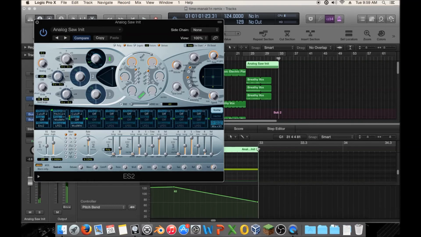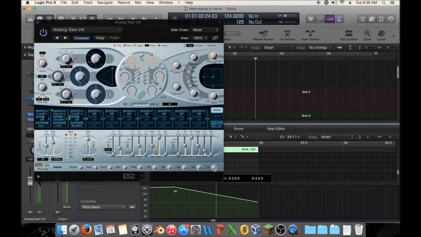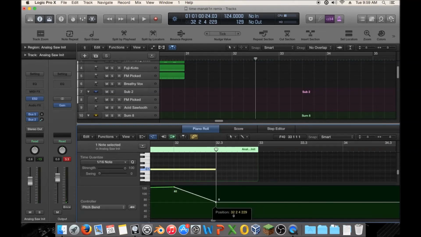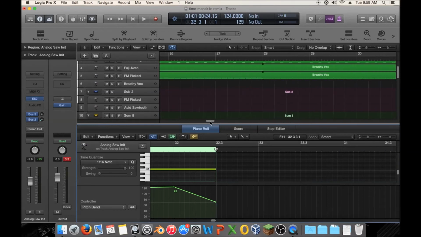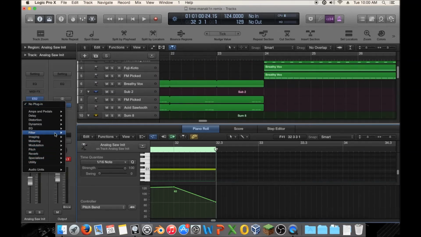Okay, so now I just realized that that is too long there because our drop starts right here. So we need to shorten this to there. Can't see that. There we go. Bring this to here and shorten that again. So, and now what we need, first of all, before we get too much farther, is